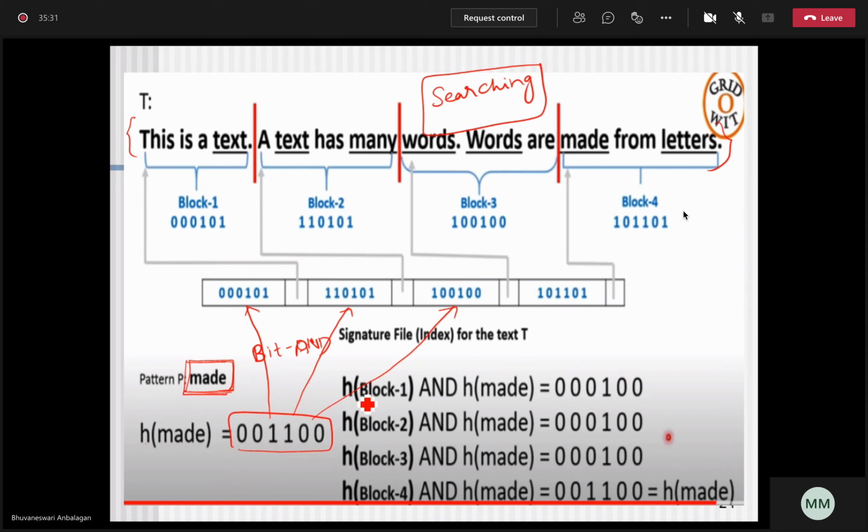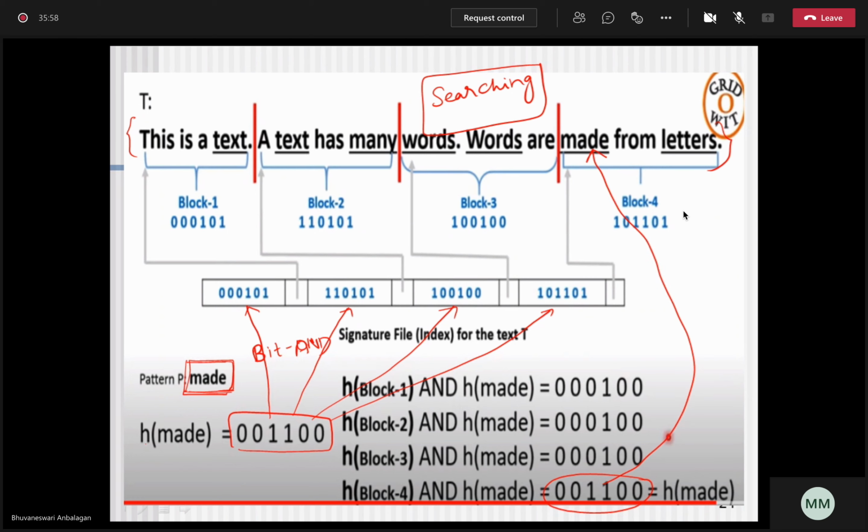You perform the bitwise operation with all the blocks and identify which block returns a value the same as the hash value of the pattern that you are looking for. You just see which block is giving the result. You see, this is available in block 4, which means in block number 4 I have that particular term "made".